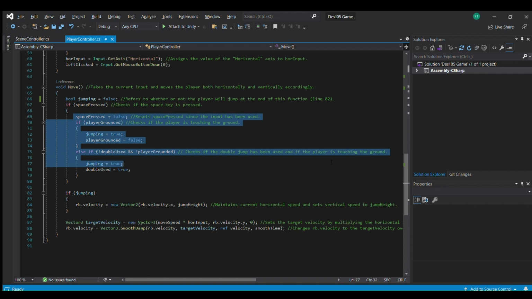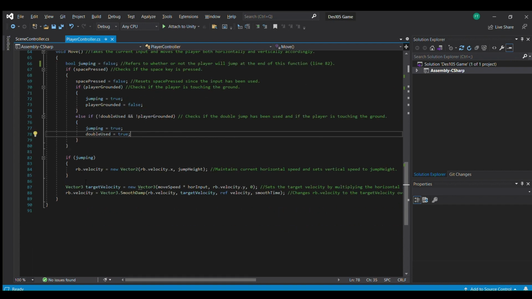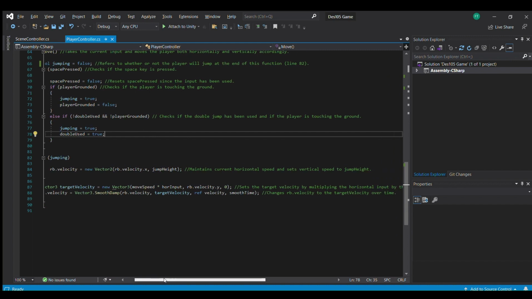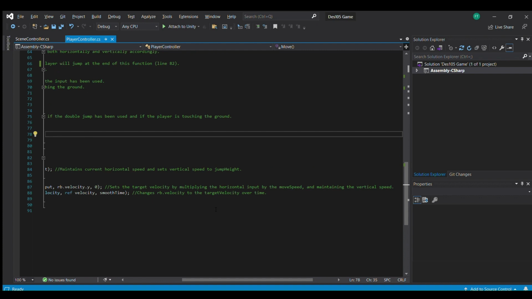This section here specifically deals with checking if the player should be jumping at the moment, and if they are jumping, checks if they've used their second jump, and if they have used both jumps, then it completely stops them from jumping at all, but if they've only used their first jump, then it lets them use their second jump. And on the bottom part here, basically is the calculation. It's hard to fit it all on one screen. Deals with the calculation for the jumps